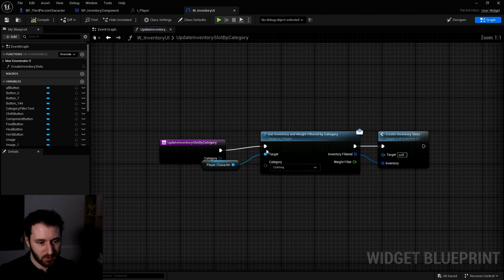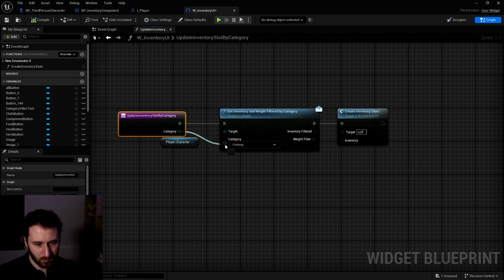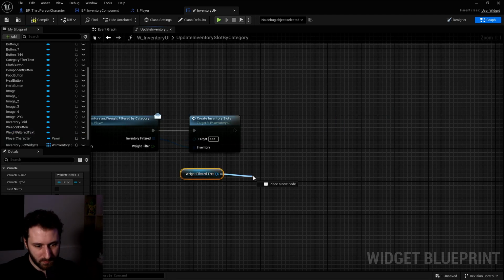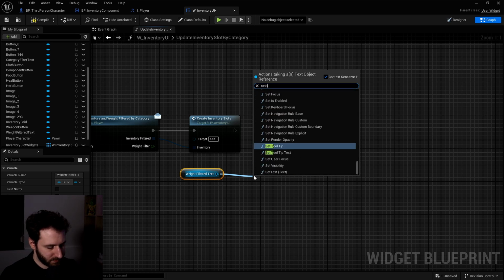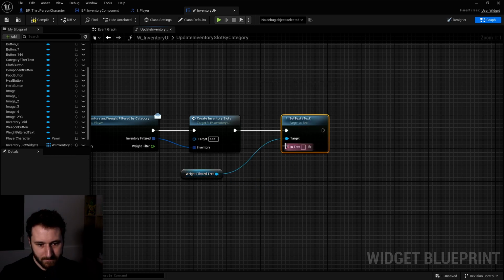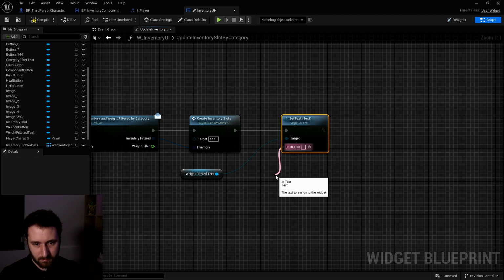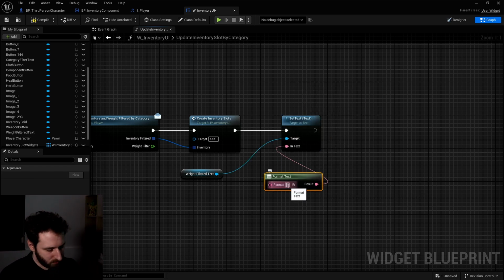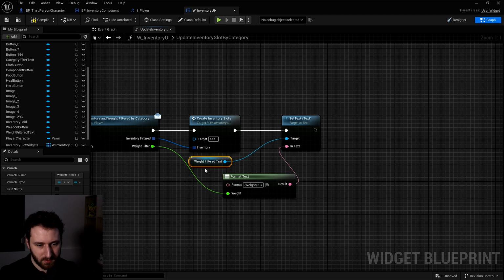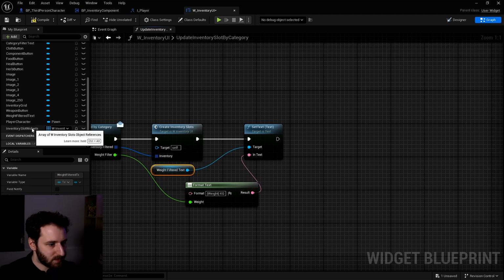Let's open this function now. Let's put the category in here. And now we'll get the weight filter text. Get this text. We do a set text. We call the function. We make a format text. And now we use this like that. Call this weight, and we add kilogram at the end. And up, we can plug this in here. So this is perfect. Now we need to set